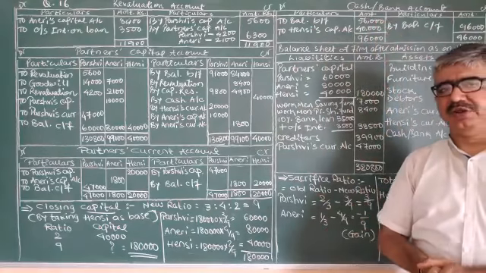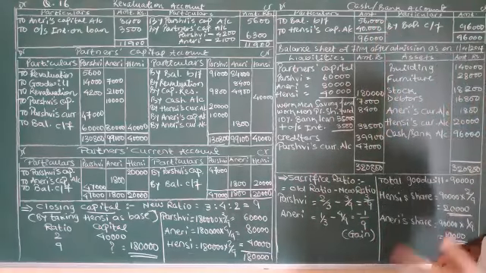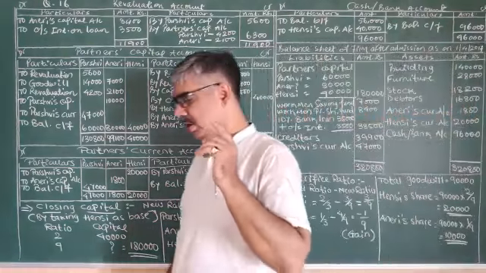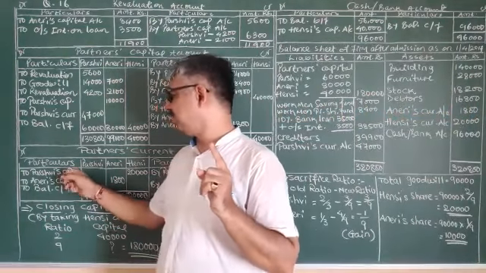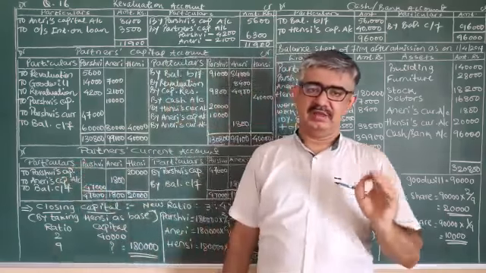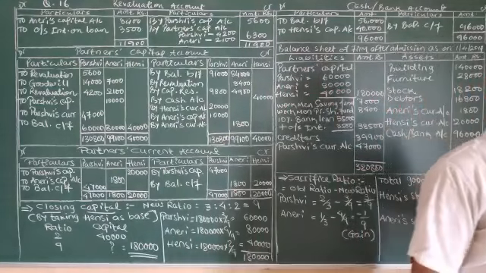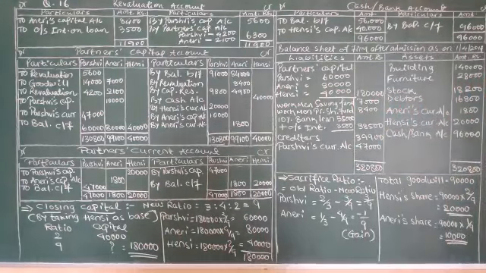So here capital entry is over. For goodwill, Hans's current account debited 20,000. Aneri's capital account debited 10,000